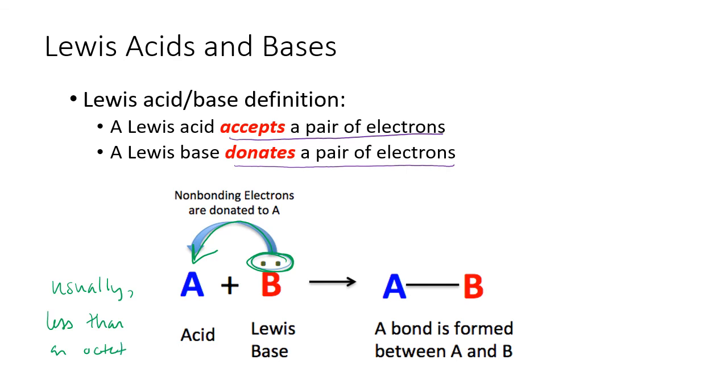That would be the type that you would have seen in general chemistry for sure. So if it has less than an octet of electrons, it can accept the lone pair from the base. And then what happens is a new bond is formed between our acid and our base. This is called a coordinate covalent bond. It's just like any other covalent bond once it is formed, but the word coordinate just means that both of the electrons came from the base,